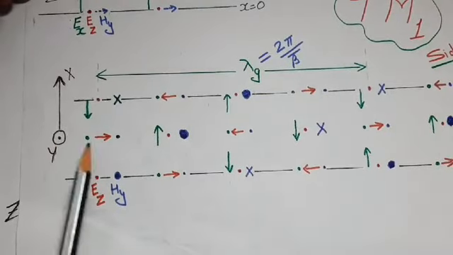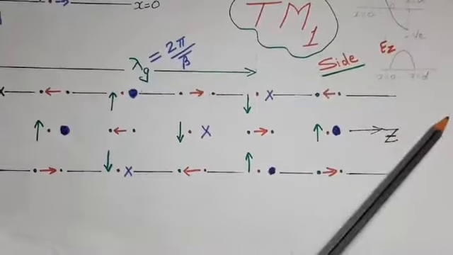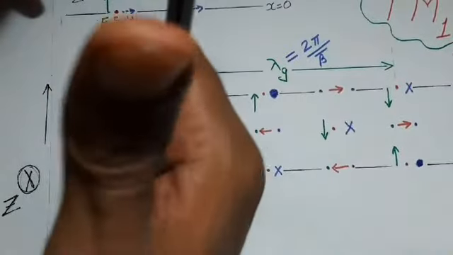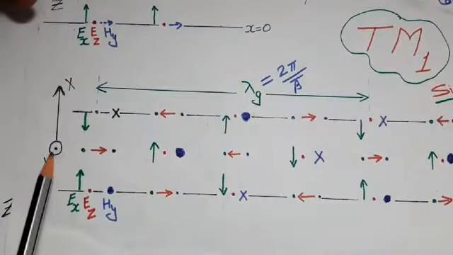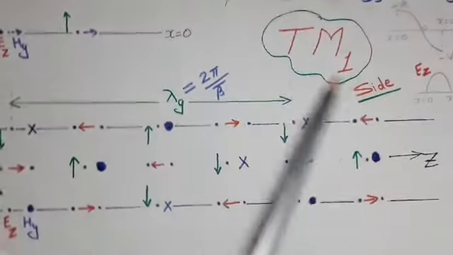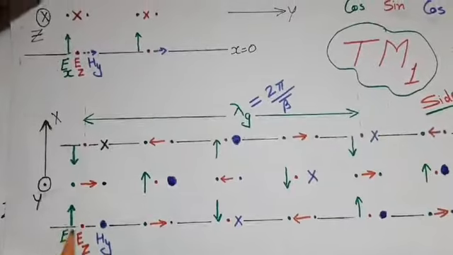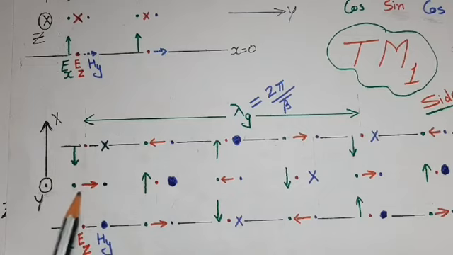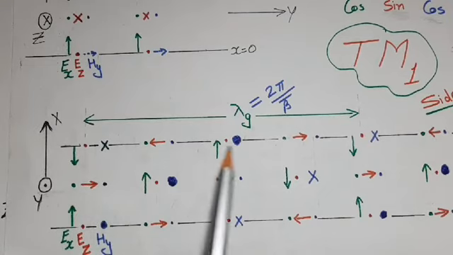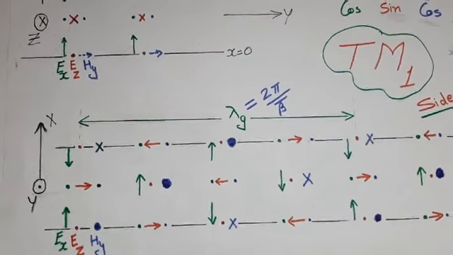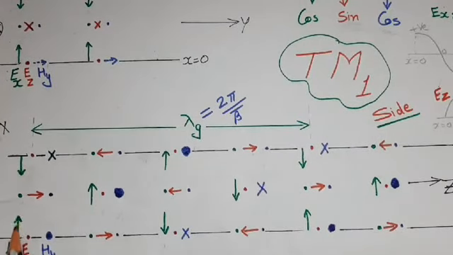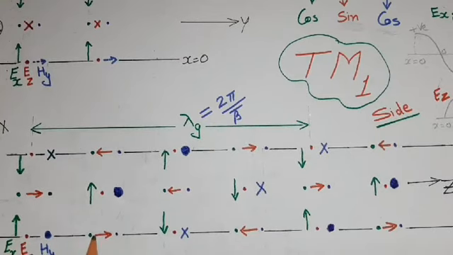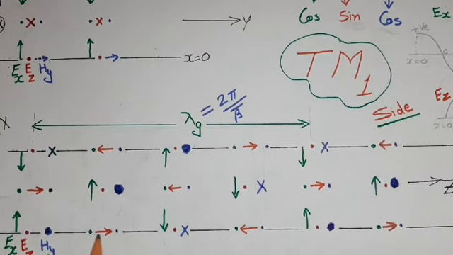If we see the side view, then x and z direction variation would be visible. Suppose this is the x direction and this is the z direction, then z cross x, that is the y direction, would be out from the paper. That's why it is shown by a dot. Now first we plot Ex, which has cosine variation. So positive max on this boundary and negative max on this boundary and 0 in between the boundaries. And now in the z direction, this Ex field will vary sinusoidally. That is, at z is equal to 0 and x is equal to 0, it is positive max. Then after some distance in the z direction, it becomes 0. Then after some distance, it becomes negative max, again 0, then positive max, then 0, and so on.